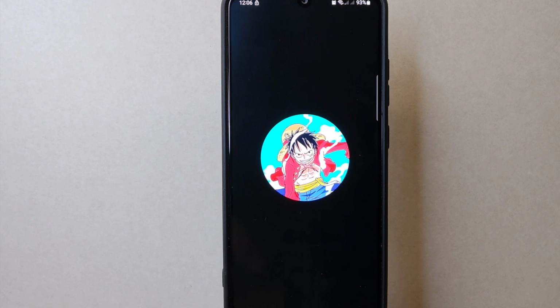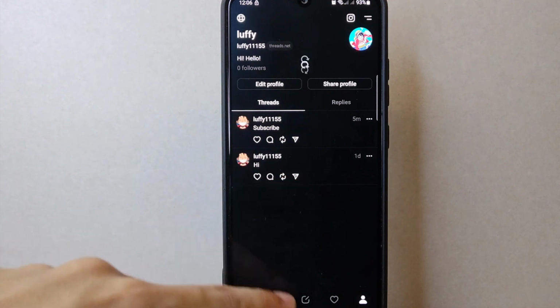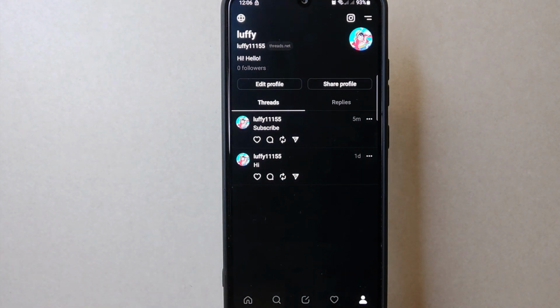There you go. If you wanted to know how to change profile picture on Threads, that is the easiest way. If you know another way to change profile picture on Threads,